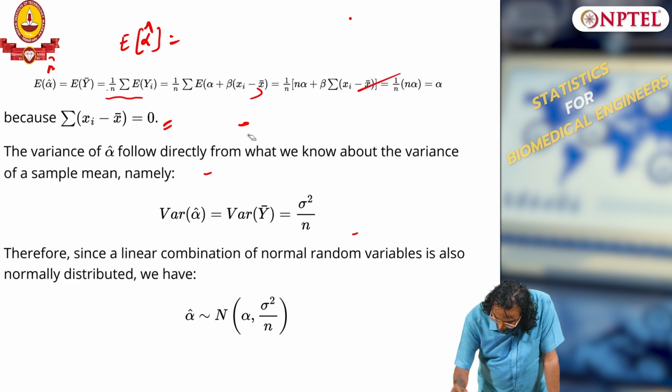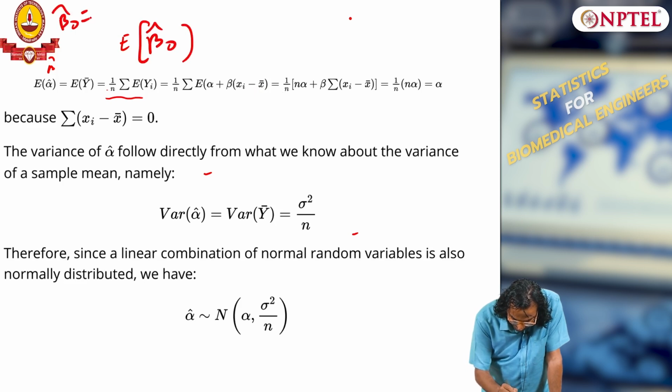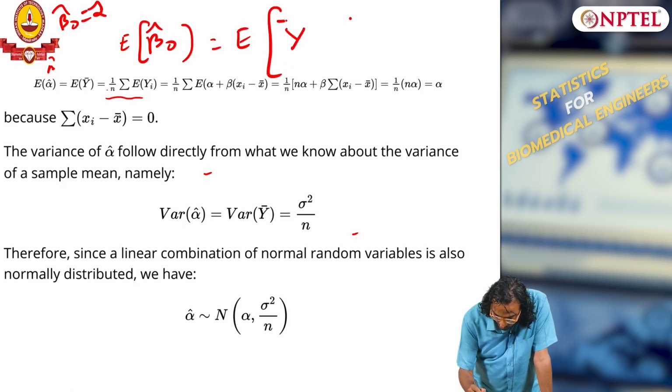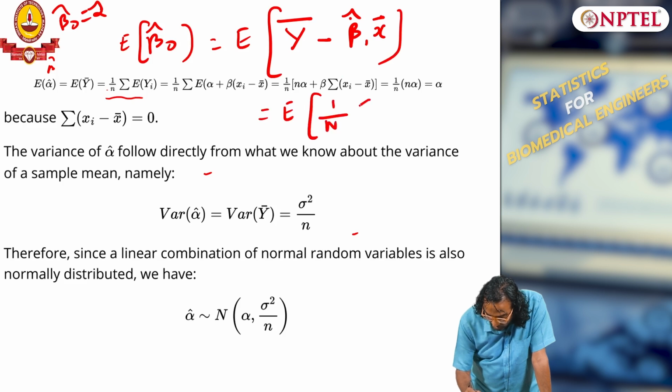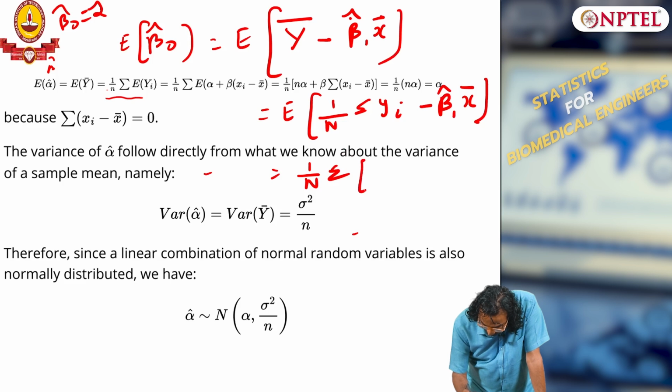So what is beta naught? We talked about beta naught, so let us keep it as beta naught hat here. Beta naught hat equals alpha hat. Expectation of beta naught hat equals what? Y bar minus beta 1 hat times x bar. So what is y bar? Y bar is nothing but 1 over n summation yi. Minus x bar. Now 1 over n I can take outside, the summation I can, then I have expectation of yi minus